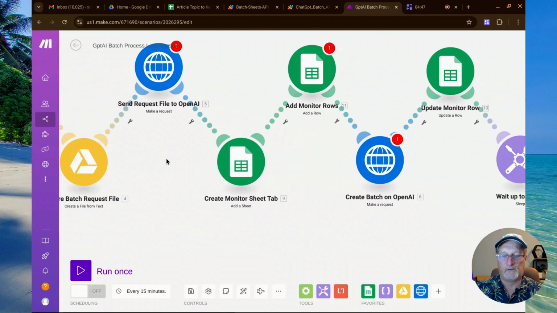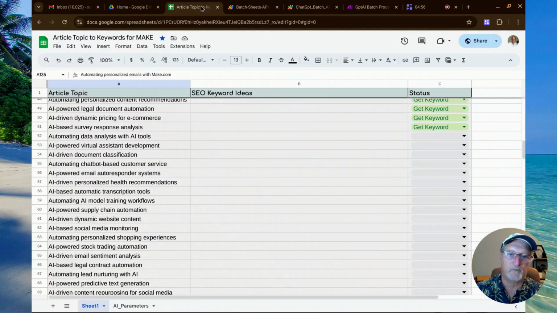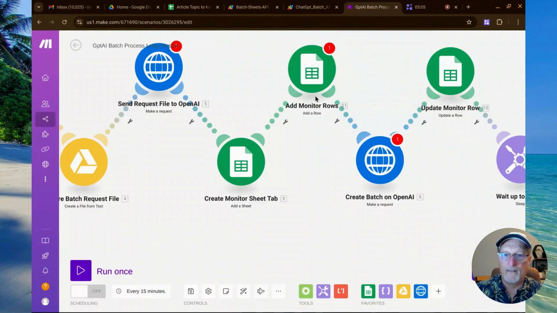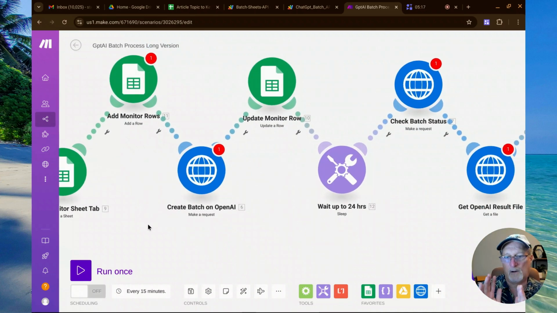And then I thought it'd be wise, since there's this back and forth where we need to monitor this, right? So here I'm creating a new sheet tab. So if I go back to the spreadsheet, it's going to create a new sheet tab, well, actually in between these, and it'll be like a monitor type of sheet. And then I'll add a header row here, and the row underneath that, row 2, will actually show you the statuses as it goes. Now, once the OpenAI servers have the file, it also needs a batch referring to that file. So when we send the file to OpenAI, it sends us back a